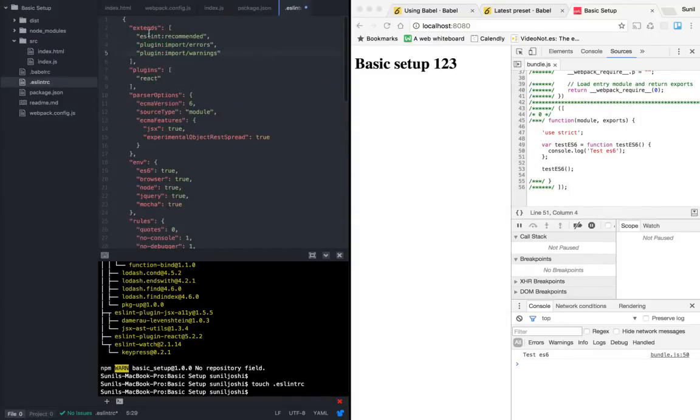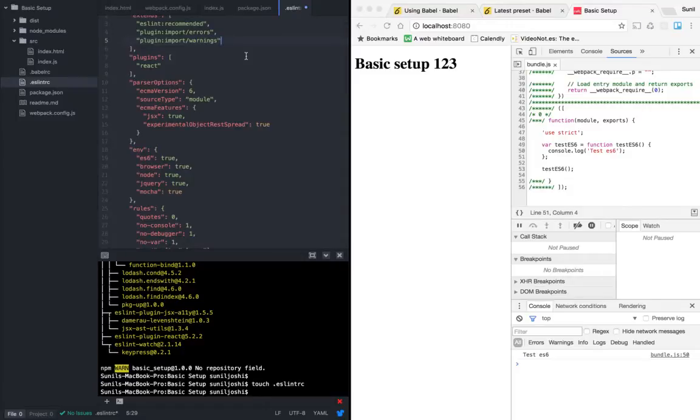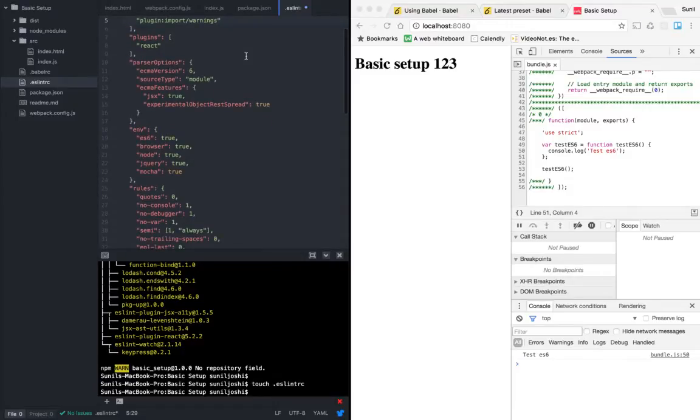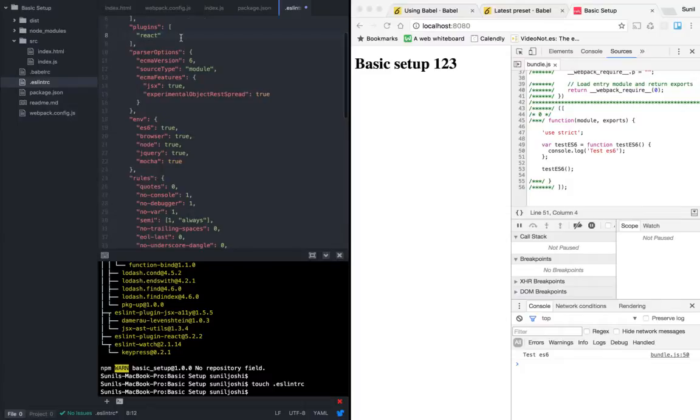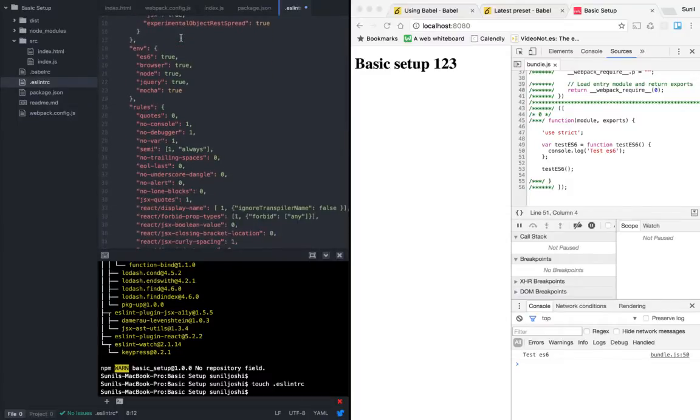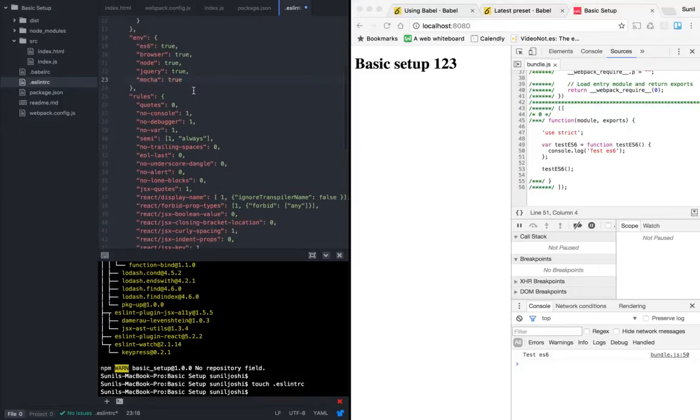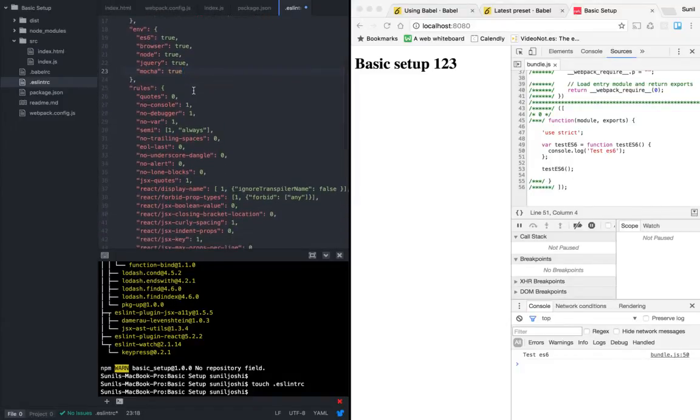As you see, the ESLint configuration is extending from some of the recommended settings of ESLint. It also has some errors and warnings, some plugins. Basically, I'm extending some of the rules from already predefined plugins. I've also gone ahead and imported some React plugins. The environment which I'm setting is ES6, so that ESLint understands what I'm writing and doesn't give me any errors. It understands I'm going to write ES6 syntax.